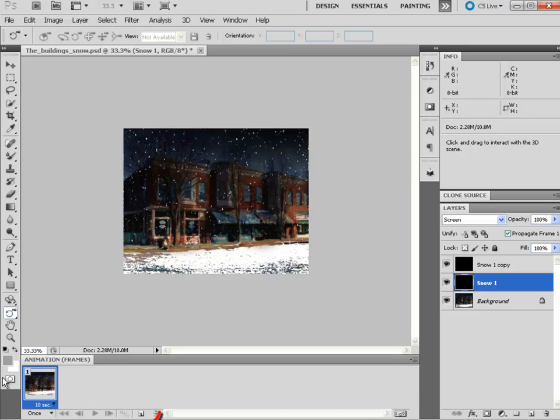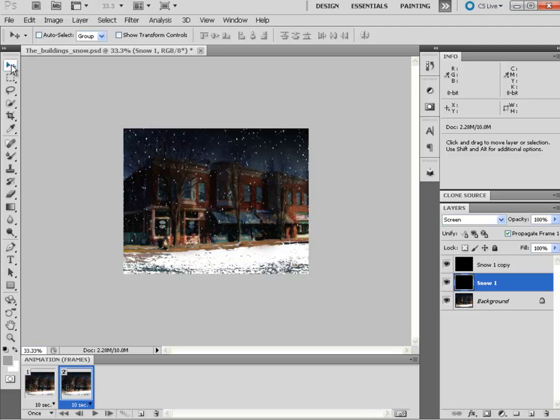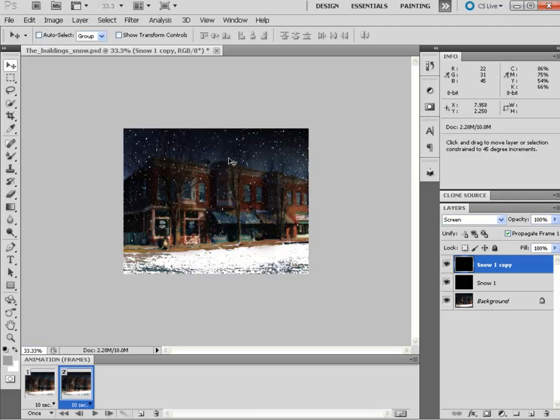We're going to click right here for the new frame icon so we can add a new frame in, and now with Snow 1 selected, turn on the move tool, press the letter V or go up here at the top of the toolbox, hold down the shift key, click in the image and drag that snow down a little bit. Okay, then go to Snow 1 copy, do the same thing, shift key down, click and drag. I'll make that go up a little bit. New frame,